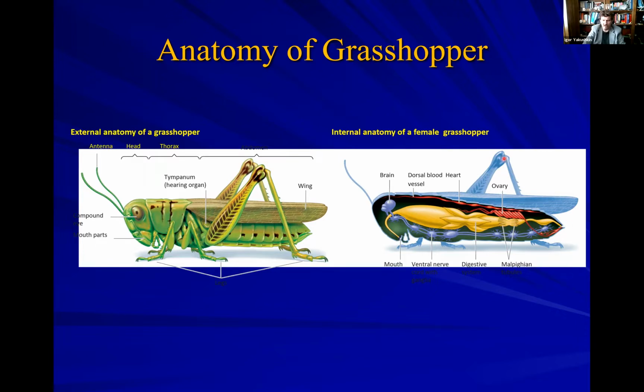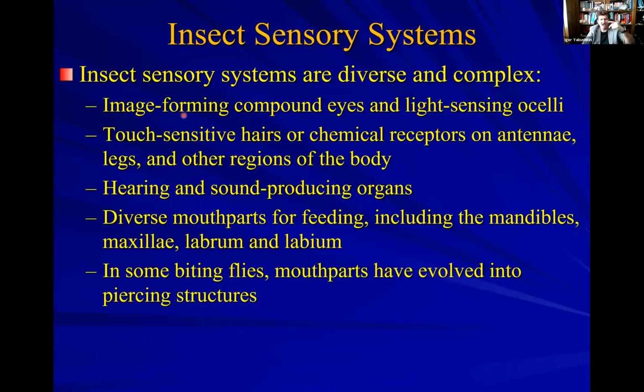And then, of course, it has the ovaries right here, located right next to the digestive system, because the eggs will require a lot of nutrients. So the sensory systems are extremely well developed. The image-forming eyes, the touch-sensitive hair, sound, and the chemical senses